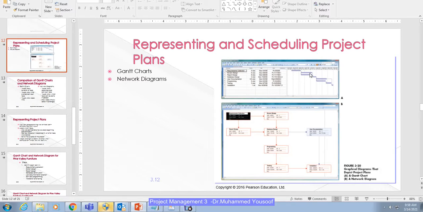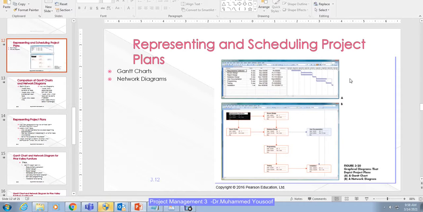Now you can see these two processes are taking place simultaneously. These two activities are going to take place simultaneously, but in the end it will lead to the other activity. Similarly, these two activities are done, and then it will also continue here. This activity will continue, and then you will see the product is delivered. This is called a Gantt chart.